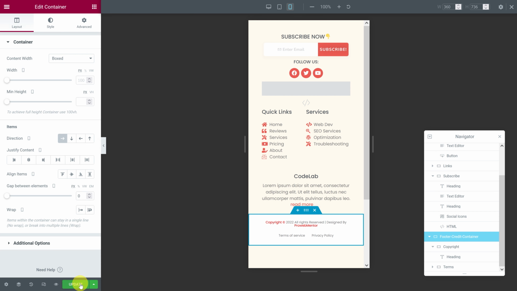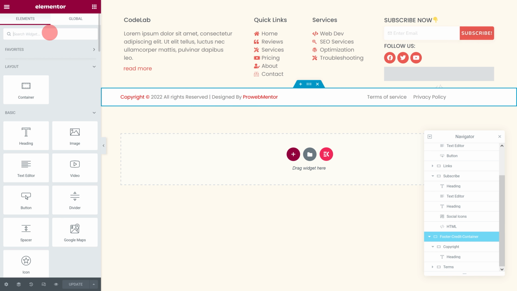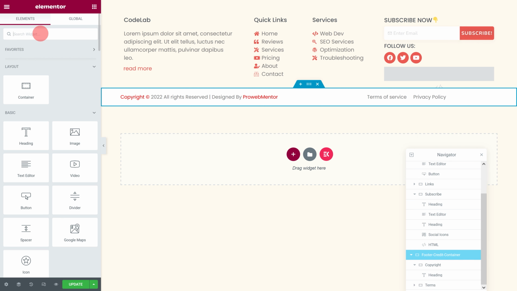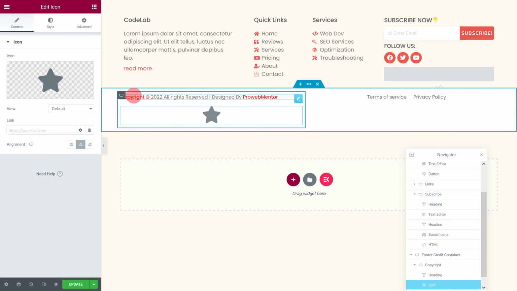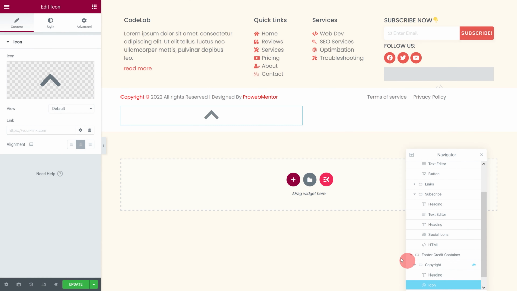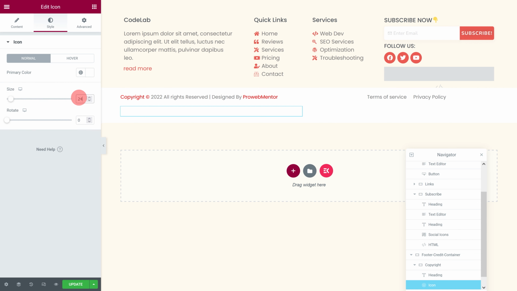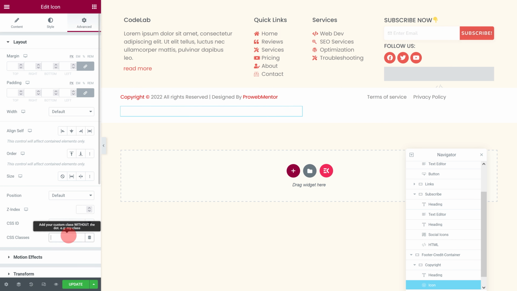Now that we have created our WordPress Elementor footer, in addition, we can add a cherry on top by creating a scroll to top button, or you can say back to top button. To create a scroll to top button, first, add an icon at the bottom of the footer container. While the newly added icon is selected, go to the Advanced tab, then add the same class as mine in the